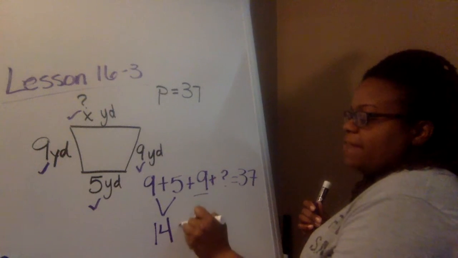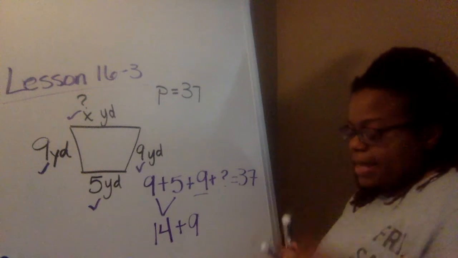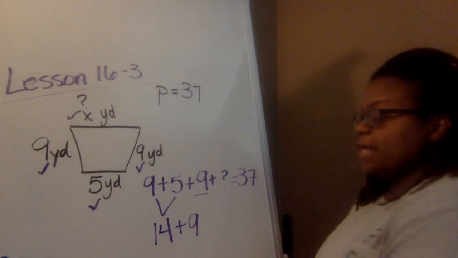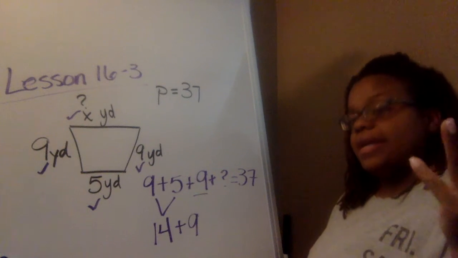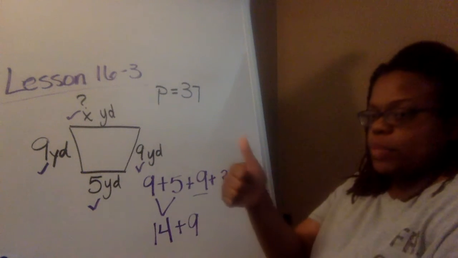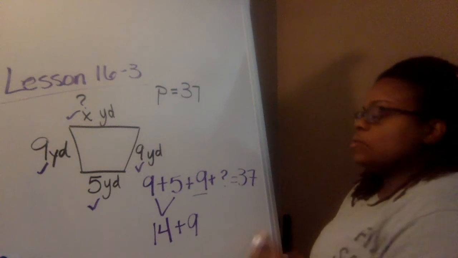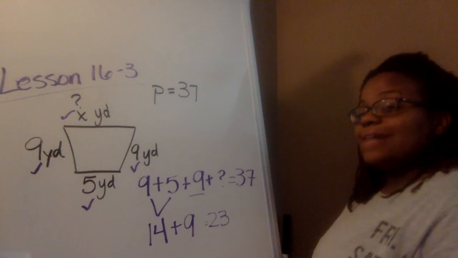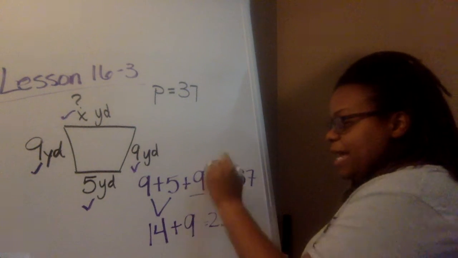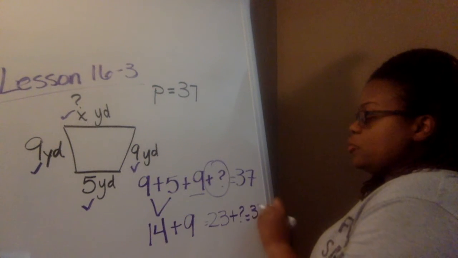I still have to add this side right here, which is 9. So I'm at 14 in my head. I'm going to go ahead and add 9 more. 14, 15, 16, 17, 18, 19, 20, 21, 22, 23. So 14 and 9 is 23. Well, I'm not done yet because the last piece I have to add is my question mark to get to